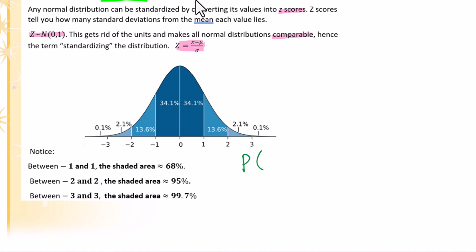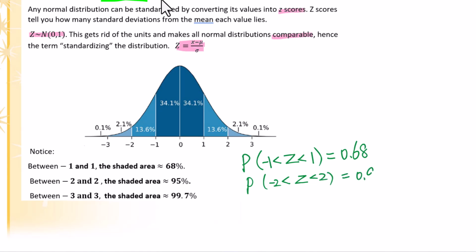probability of Z greater than -1 less than 1 equals 0.68. Probability of Z greater than -2 less than 2 equals 0.95. Probability of Z greater than -3 less than 3 equals